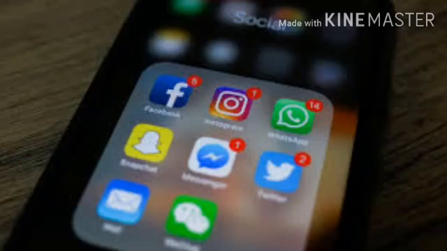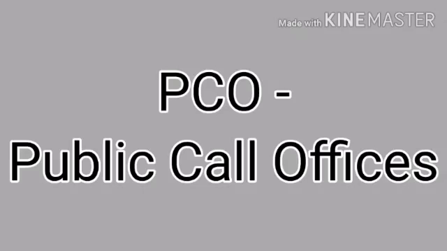So children, India has more than 30,000 telephone exchanges. Nowadays, mobile phones have also become very popular. Mobiles are easy to carry along with us. Children, public call offices have also brought telephone services within the reach of the common people, even in the remote